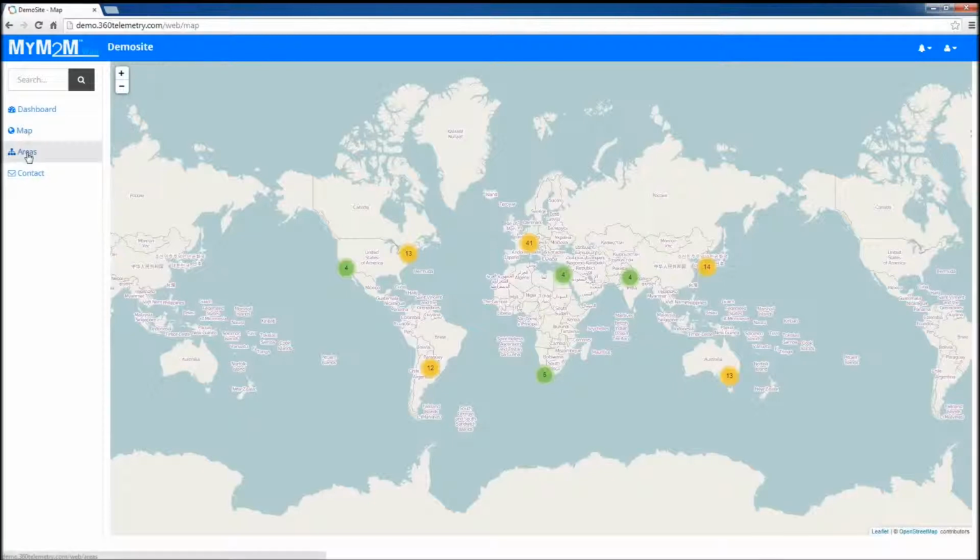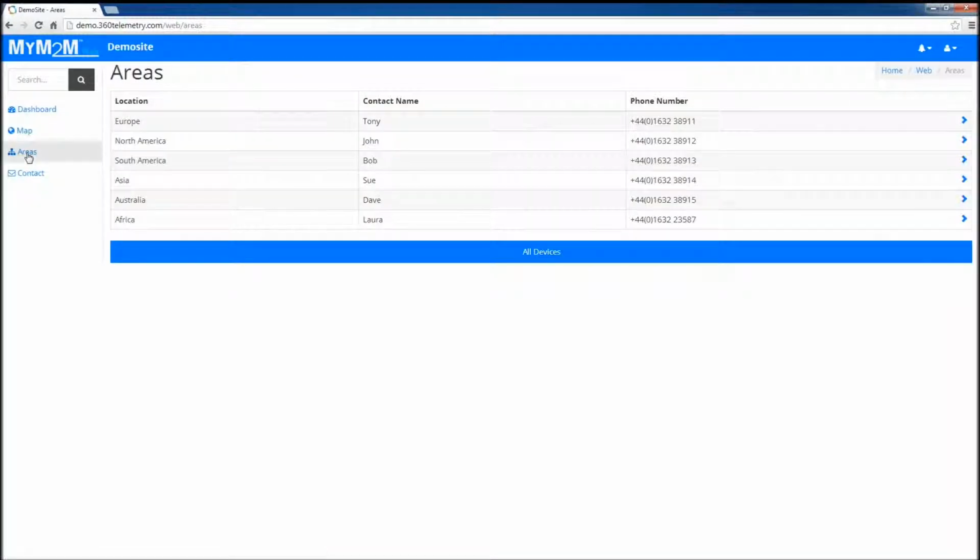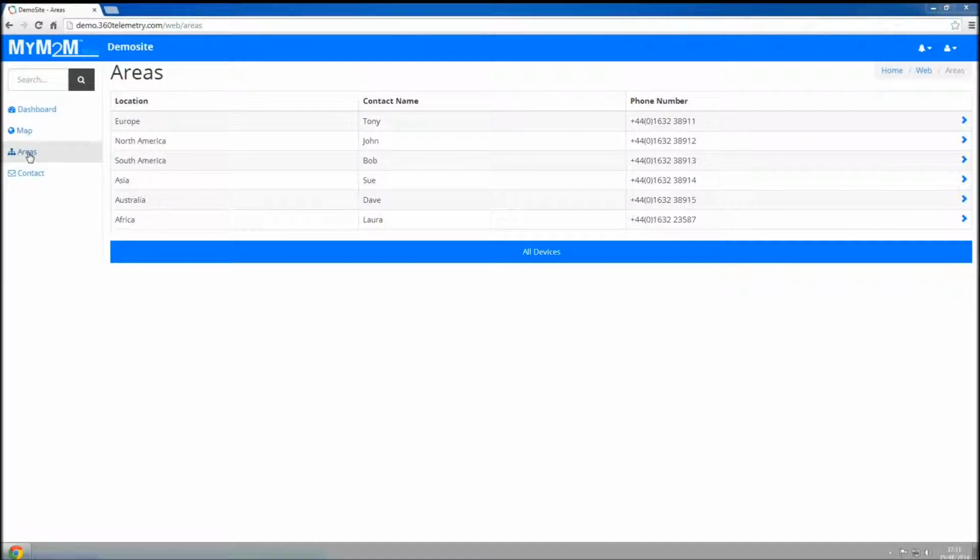Also, if we click on areas, you can see that we can group the devices. In this particular example, we've grouped the devices into continent, but you could use any other grouping mechanism, for example, grouping by sales territory or by customer or by distributor. If we click on the Europe area,